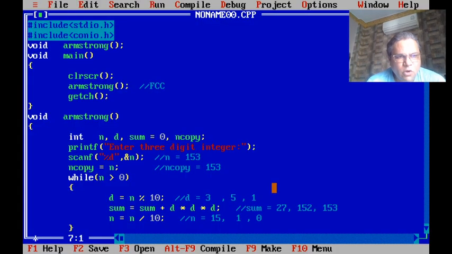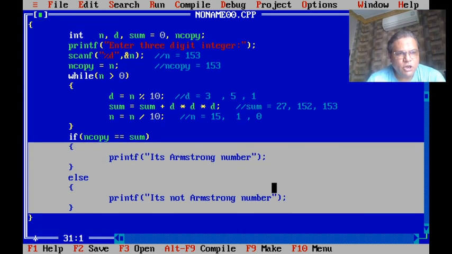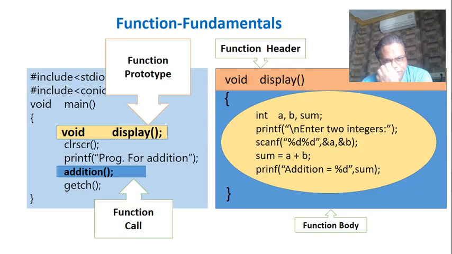So I hope you have understood how to write the program by using function. So whatever commands to perform that task, previously we were writing inside main, now we have to take them outside main and write it as a separate function. So this is called the first type of function, that is function with no parameter and no return. I hope you have understood whatever we discussed up till now.